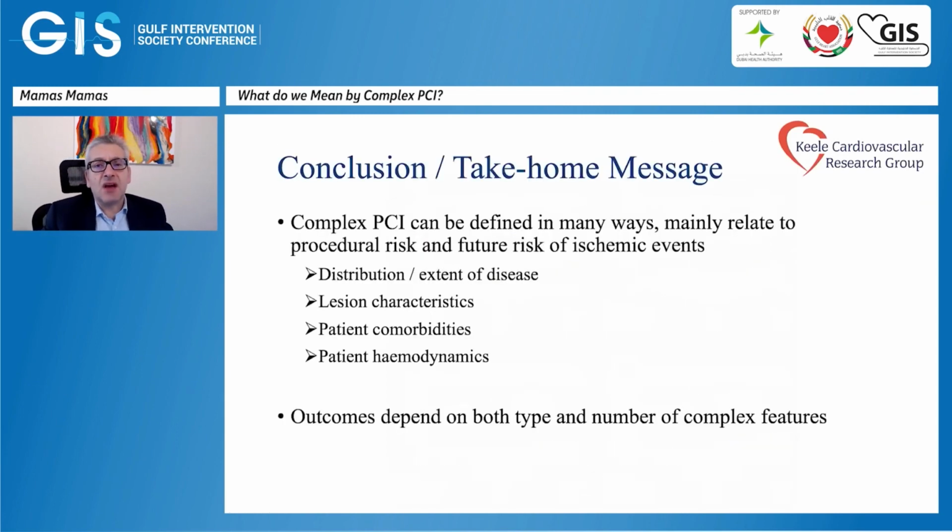So I think in summary, my take-home messages are these. Complex PCI can be defined in many ways. They mainly relate to procedural risk and the future risk of ischemic events. And you can characterize complex PCI by the distribution or extent of disease, i.e. syntax score, lesion characteristics that we've talked about, such as those defined by the ESC, patients' comorbidities, and I've shown you data around multimorbidity as defined by Charlson Index, frailty, I've shown you data around cancer, as well as patient hemodynamics. And the outcomes of complex PCI very much depend on both the type and number of